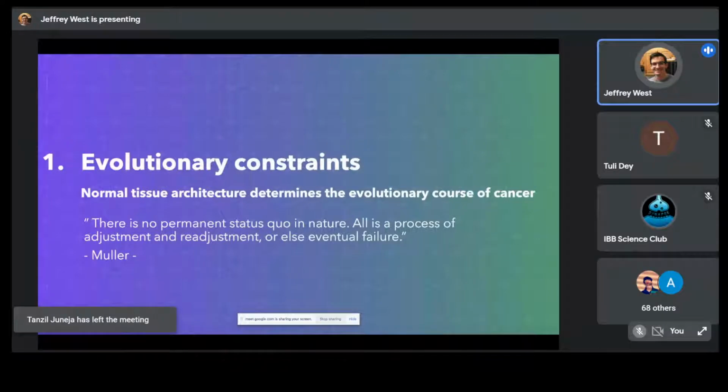This one is looking at the role of tissue architecture. Feel free to interrupt me anytime with any questions. I'm happy to answer these as we go along. Okay, so this